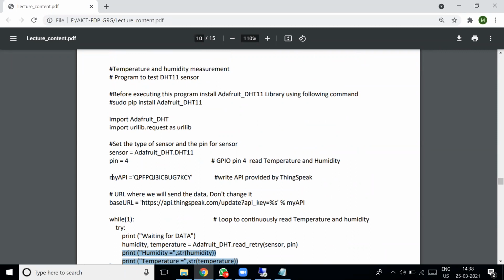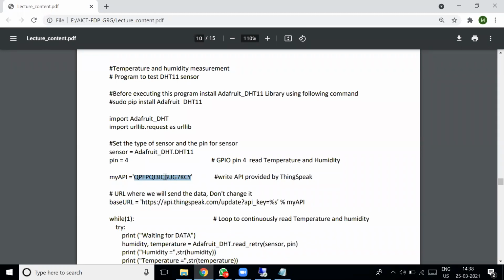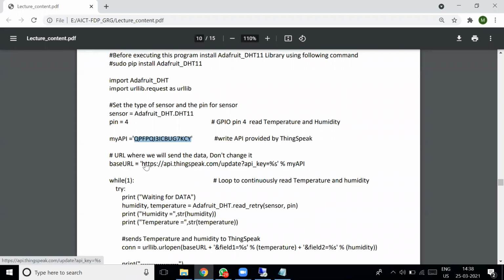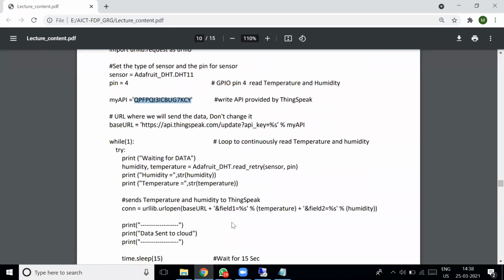So you have to add the API value. My write API key is this one. You get this value from the ThingSpeak cloud. Then the URL is this one. Now you have to reconstruct this URL with these two values, right?